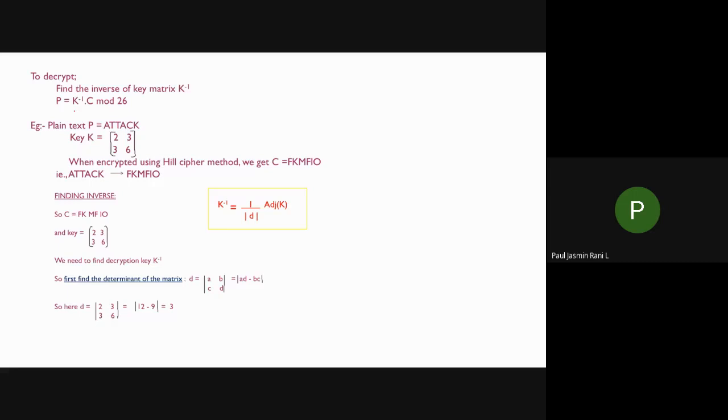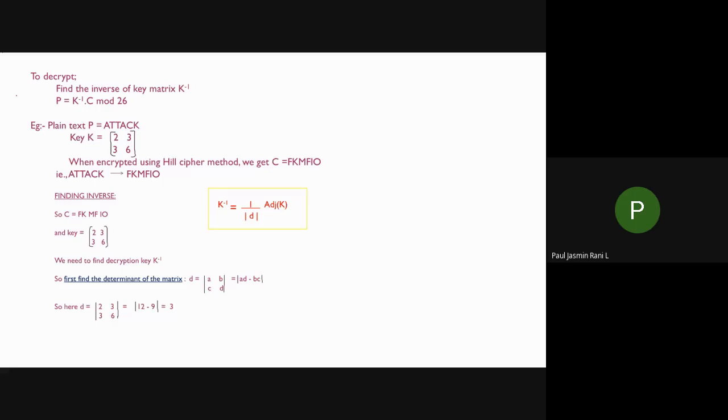You're going to multiply, then you will get your answer, and you have to find out your corresponding numbers. Okay, and for the corresponding numbers you have to find out the alphabet. So for the plain text you will get your ciphertext. Okay, so that is the easy part in your encryption.